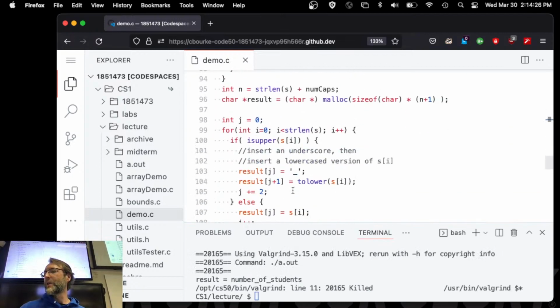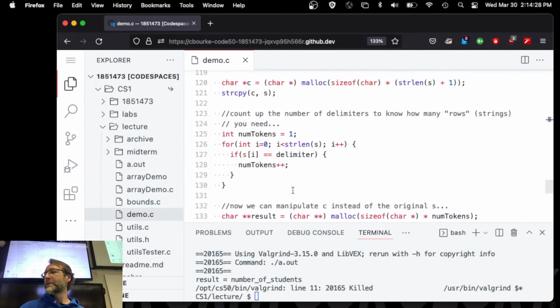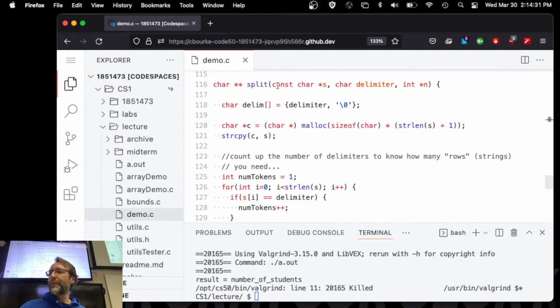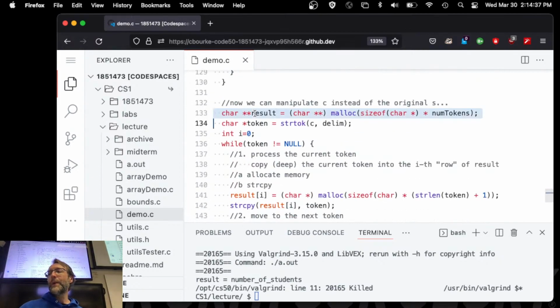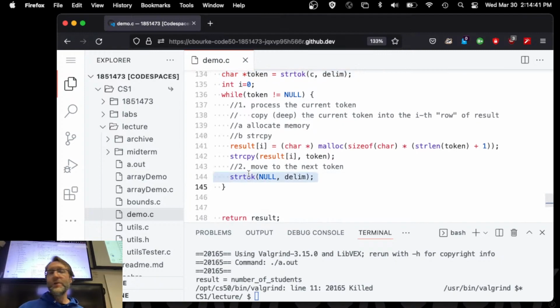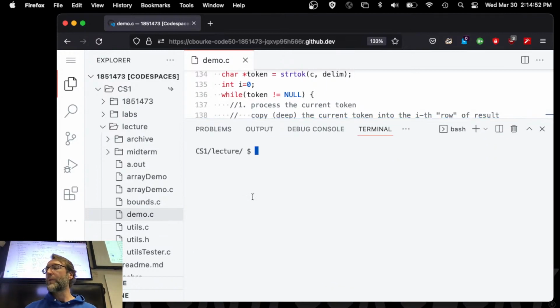I'm not sure what's going on there. But anyway, I think I know what the problem is. So let's walk through this again, walk through each step. We have a delimiter. We make a copy. We count up the number of tokens. We allocate memory for those tokens. Then we start tokenizing, okay? And we do tokenize, but what do we not do? I'm stuck in this while loop. How do I know that I'm stuck in this while loop? What other tool should I have run, maybe? With the g flag,